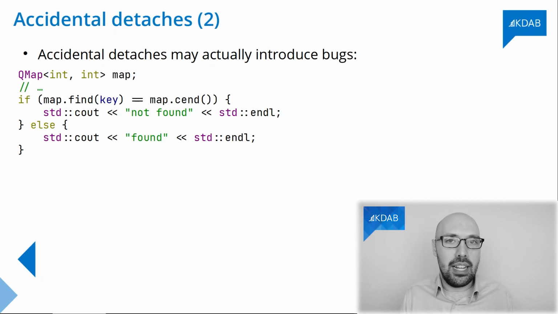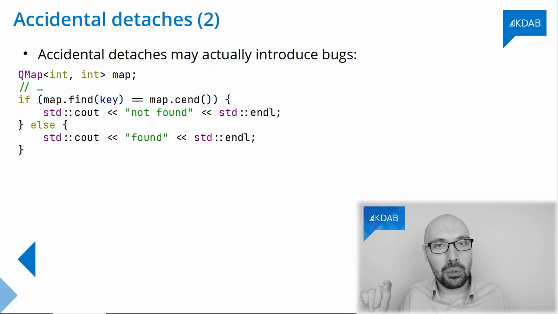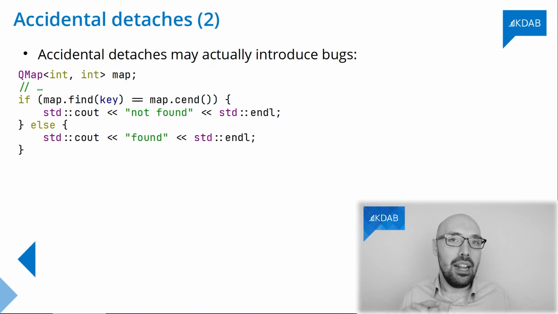All this makes sense, and all this is correct. But what else are we doing in the same statement? I'm calling map cend, so I'm taking an iterator pointing to the end of the map. And the catch here is this: which one is done first? Do you first call find and therefore detach the map if necessary and then search? Or do you first call cend and so get the iterator pointing to the end? And the order in which you do these two operations is essential to understand why this code might be wrong.